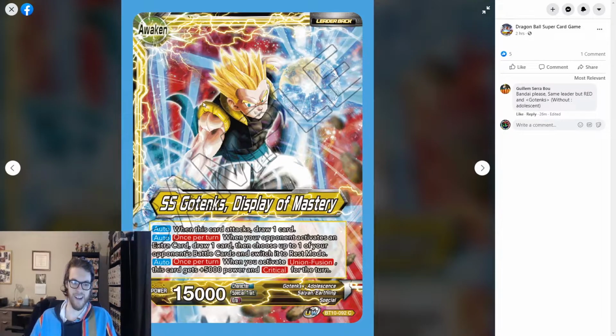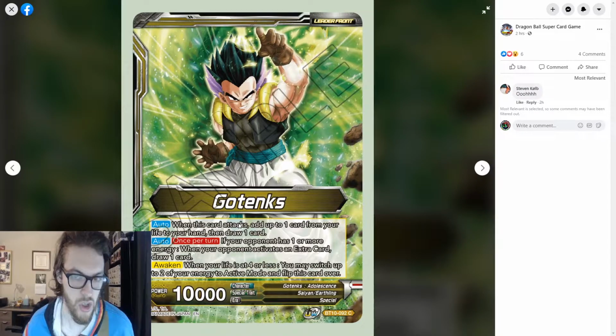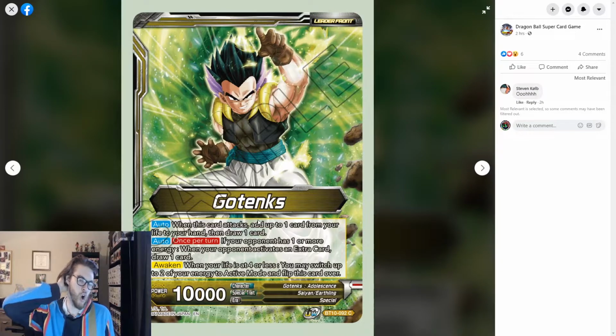Yeah. Go Tanks, Display of Mastery. We'll start with this one. So Go Tanks, when this card attacks, add up to 1 card from your life to your hand, then draw 1. So you are self-awakening and being able to draw 1, so you're plussing 2. You're playing an energy, so you're dropping in 1 card, so you're always plussing 1 and self-awakening with this leader. That's good. If your opponent has 1 or more energy, when your opponent activates an extra card, draw 1. Oh, nice. So if your opponent negates an attack, you get to...